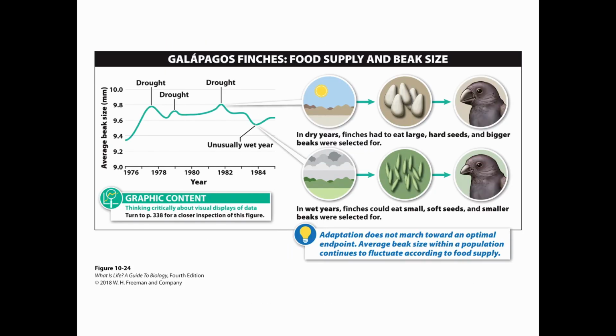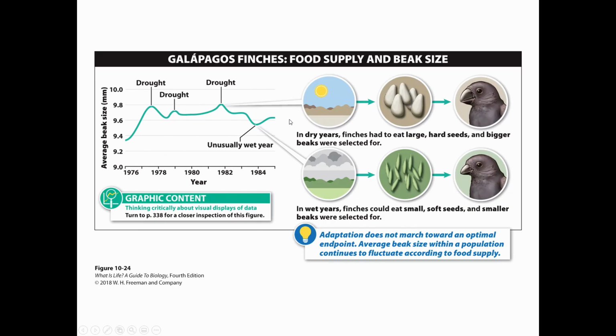One of the really good examples of that is the Galapagos finches. We're coming back to these guys. These guys were studied for a long time, about 40 years, where we looked at their food supply and beak size based off of the average rainfall for the years. And so with this study, we see that we're going through time. We are looking at how much rainfall there was, which is going to affect the food source and the average beak size. So we see that when we have droughts, when it's dry, the beak size got larger. And when it was a wet year, then the beak size tended to shrink.